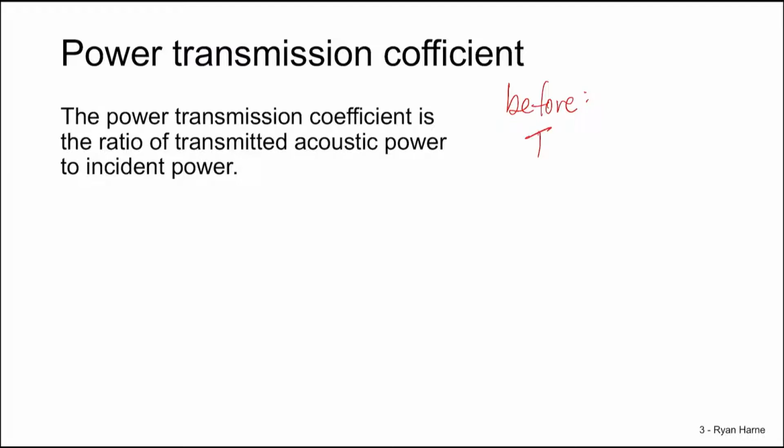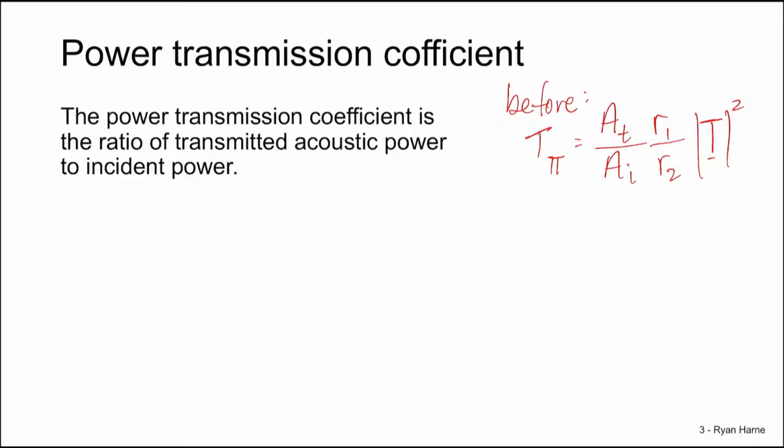And we call this T sub capital pi is equal to AT, the area of the transmitting fluid, divided by AI, the area of the incident fluid, multiplied by R1, the acoustic impedance of the incident fluid, divided by R2, the acoustic impedance of the transmitting fluid, multiplied by